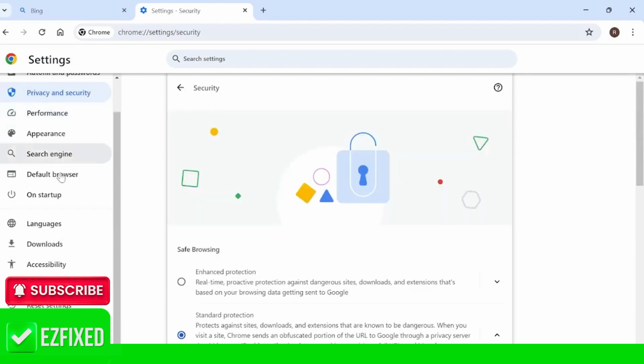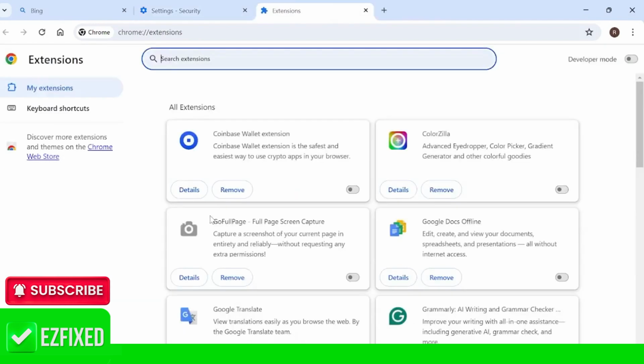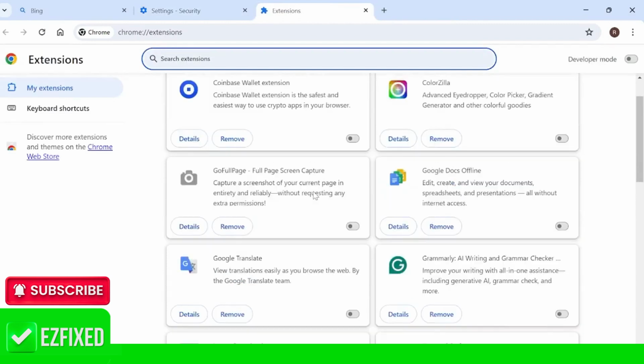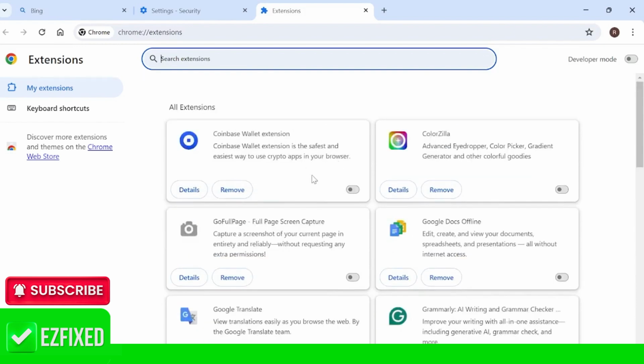Then we need to scroll down in this left panel, and you want to come into extensions, and you want to try disabling any Google extensions that are currently enabled, as sometimes these can cause conflicting issues when trying to load a web page. To disable an extension, you just need to toggle this button to off. As you can see, all mine are currently disabled, and then we can close out of Google Chrome,